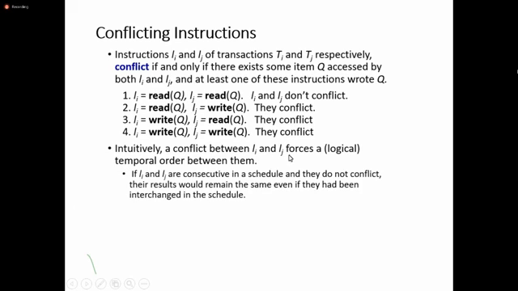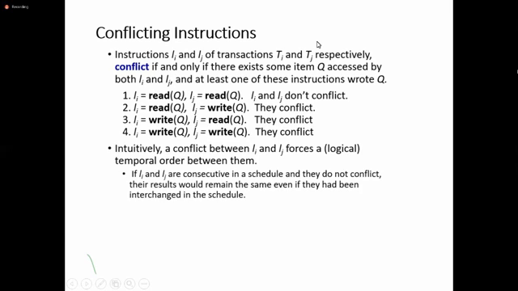The conflict between I and J forces a logical, temporal order between them. If I and J are consecutive in the schedule and they do not conflict, then if you have the schedule, there is no problem. But at the same time, if this happens,